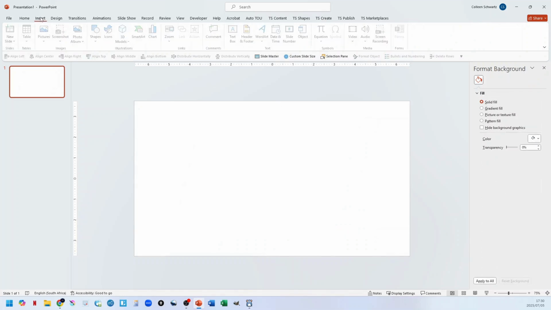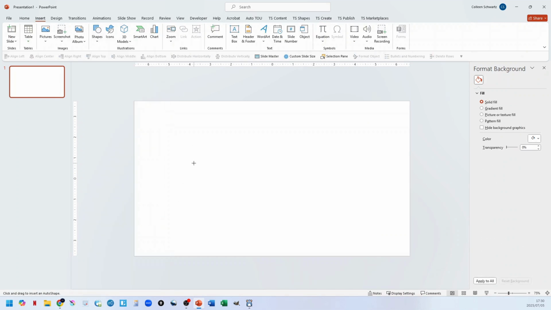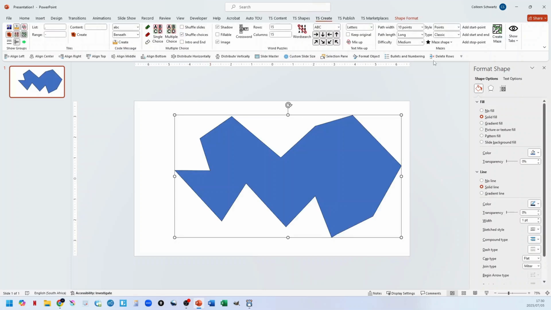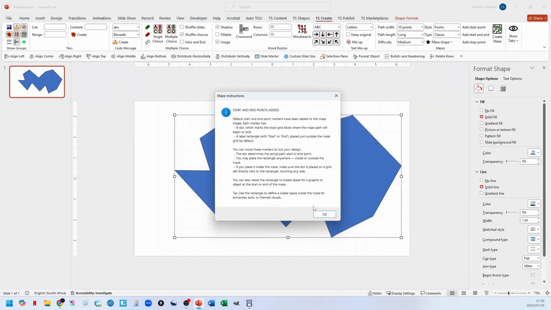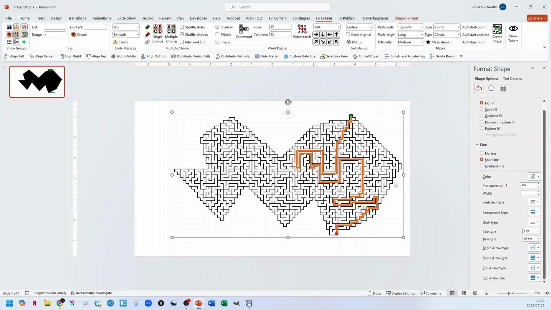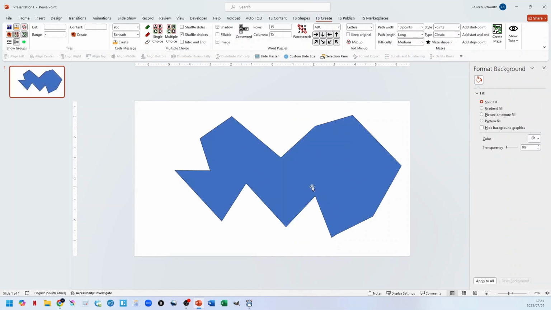Then you can also create a maze using the freeform shape like this. So you can create any size or any shape you want using the freeform tool, and you can go and make a maze out of this shape. So I can go over here, then use shape for maze, but again I recommend only having straight edges, and then when you go and create your maze, it'll look like this. And obviously you can move your start and end points so that it will actually fill the maze properly. Okay, so you can do that as well,